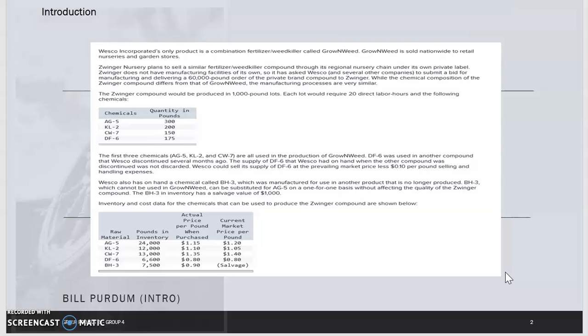Each lot would require 20 direct labor hours and the following chemicals. The chemicals consist of AG5 at a quantity in pounds of 300, KL2 in 200 pounds, CW7 150 pounds, and DF6 175 pounds. The first 3 chemicals, AG5, KL2, and CW7, are all used in the production of the Grow-N Weed. DF6 was used in another compound that Westco discontinued several months ago. The supply of DF6 that Westco had on hand when the other compound was discontinued was not discarded. Westco could sell the supply of DF6 at a prevailing market price less the 10 cents per pound selling and